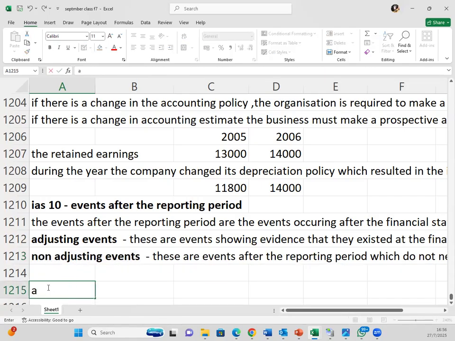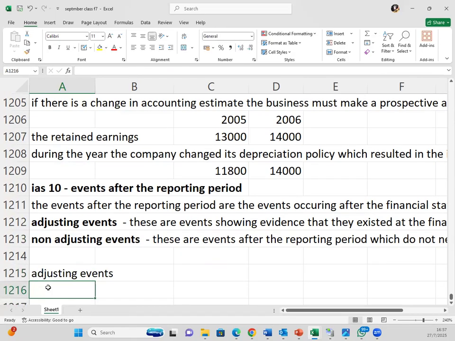So you can say adjusting events, those that require the adjustment of the prior financial statements. So if there's a change in the policy,